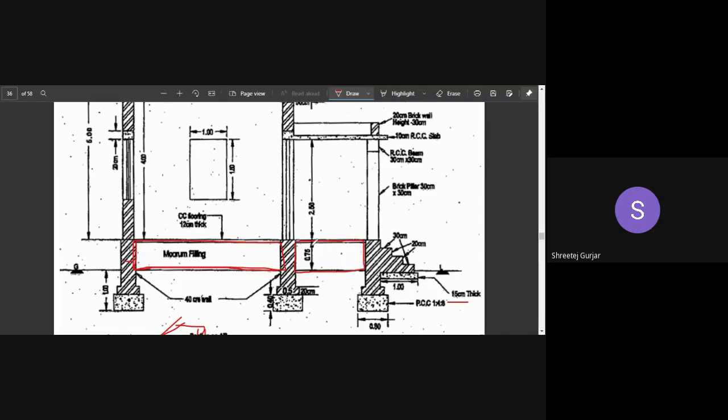So the height we know, it is 0.75. No problem in calculating the height or the depth. It is 0.75, which is clearly mentioned. Now we know the center line length here, from here to here of this room. And also for this veranda, we know the center to center length. But we can see Muram filling is in to in, from here to here.